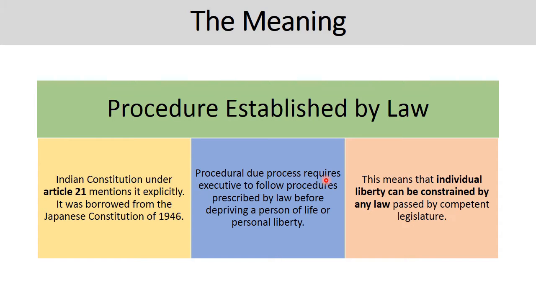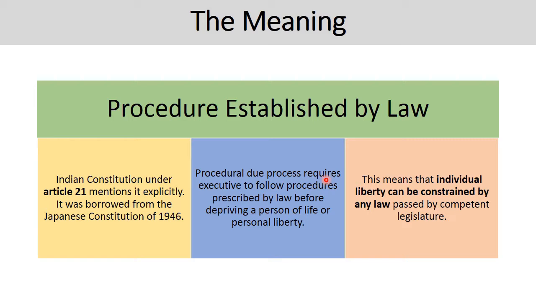Now, procedure established by law, or procedural due process, means that the executive. What is the executive? The executive is your bureaucrats, the Council of Ministers, the Prime Minister. So anyone who is part of government or civil services forms the executive. So the executive necessarily needs to follow procedures that are prescribed by the law before depriving a person of their life